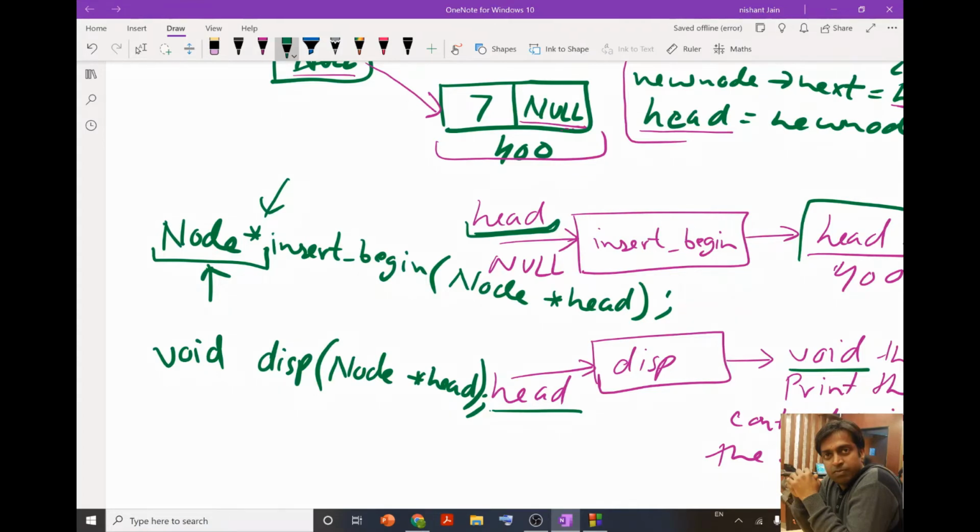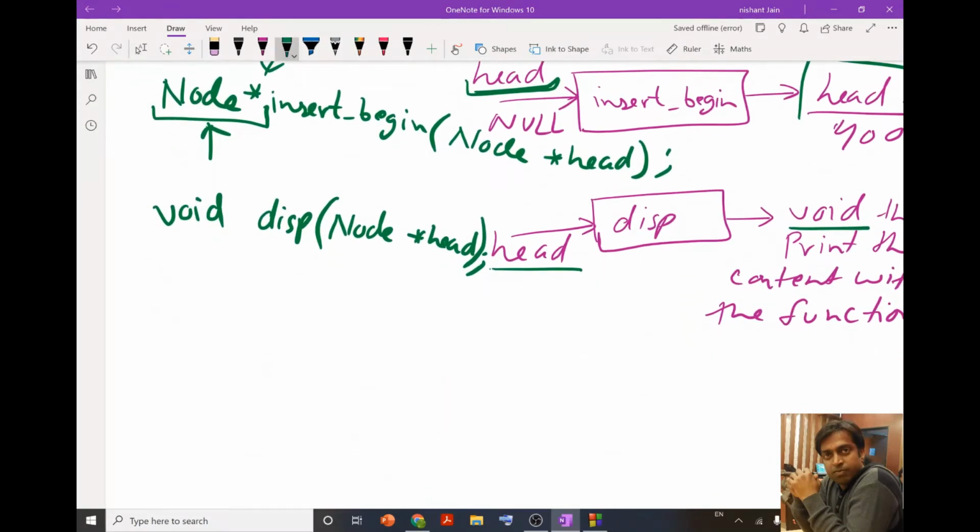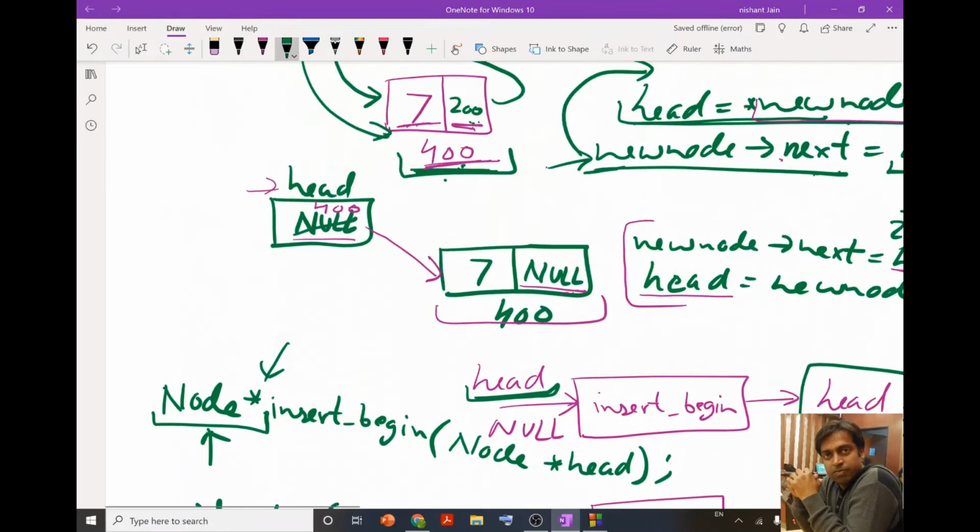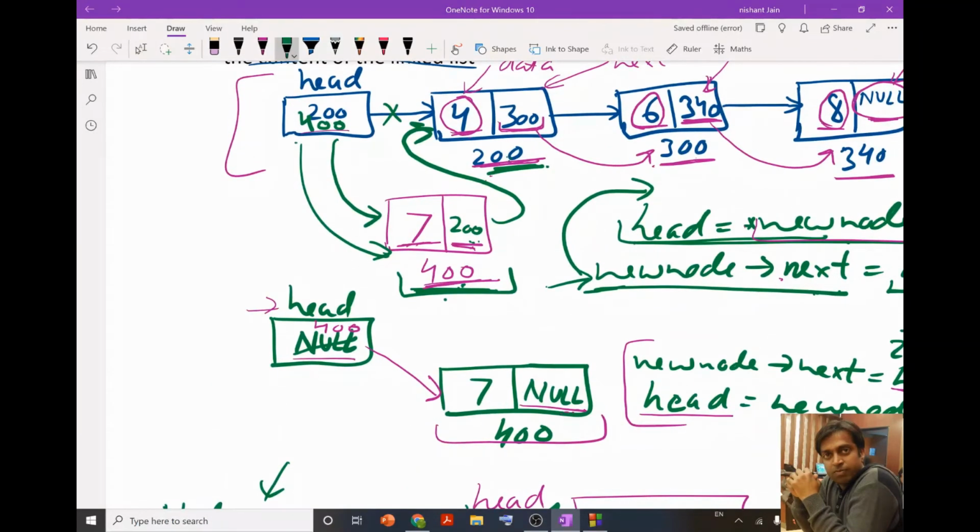Okay, and for this structure, now we can create it like this: typedef struct, and let it be node, and then the two members I need, since in this particular linked list I just have two details.